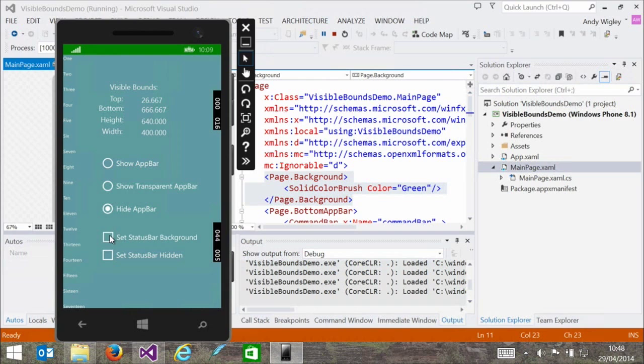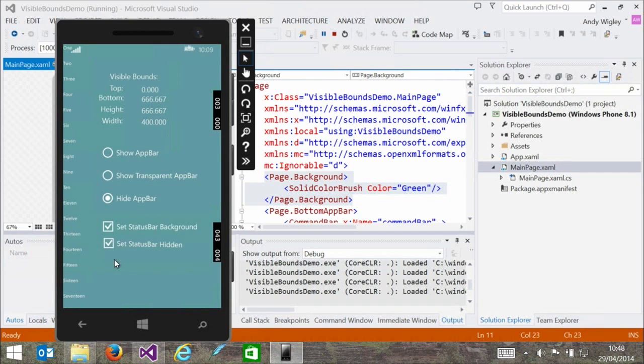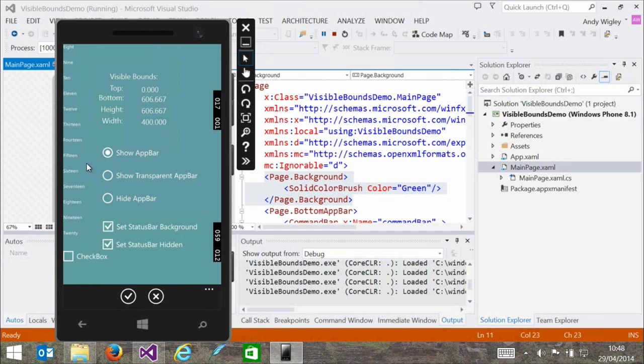And we can set the status bar background, so we can change the color to be something we want. It's still 640 by 400. And if we hide the status bar altogether, now we've got the full screen, and the actual writable area that our UI is using is 667 by 400. Just put these back in, and you know that our UI all just automatically takes account of that. So nice and easy for you as an app developer.